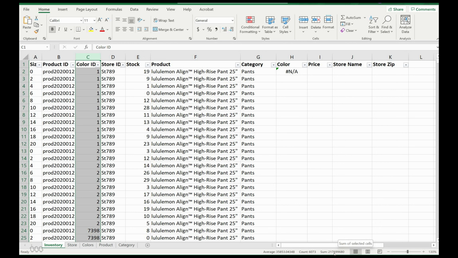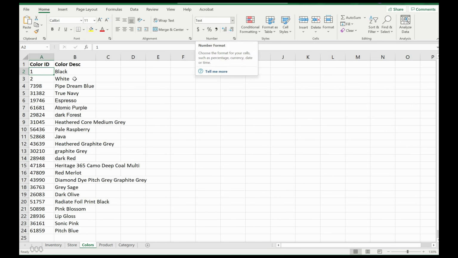So let's go to our colors tab and see how these are populated. I'm going to select the whole column and I only have a count of 24. There's no sum. So this is my first clue that maybe these are formatted as text. And so I look up here and I see, oh yes, they're text.